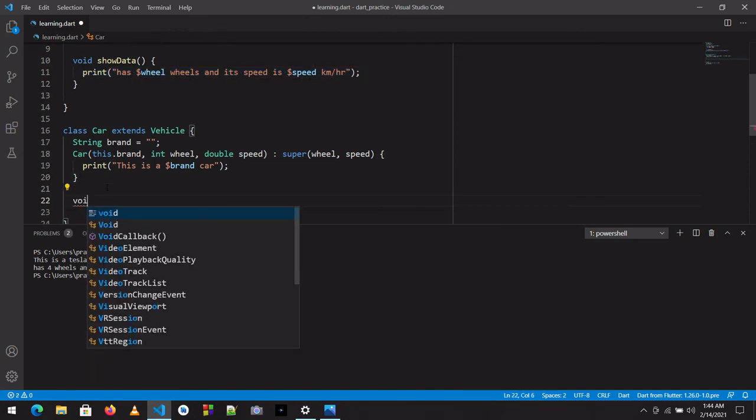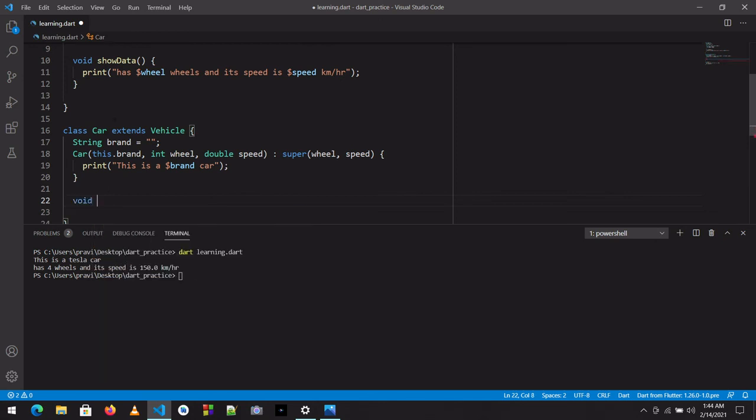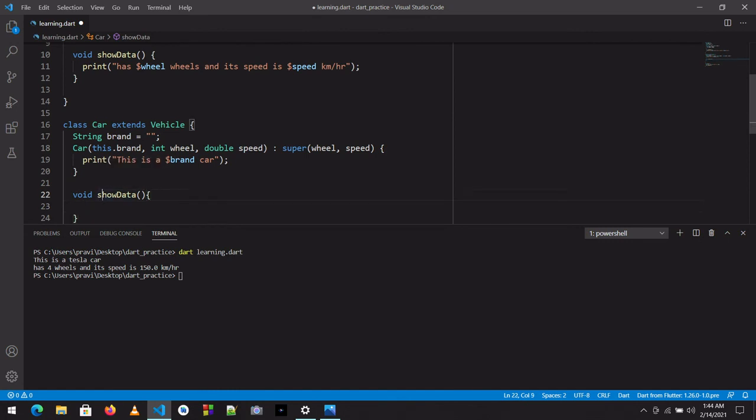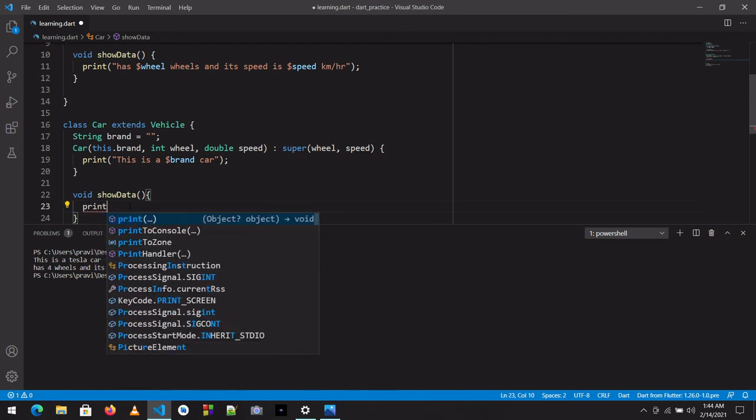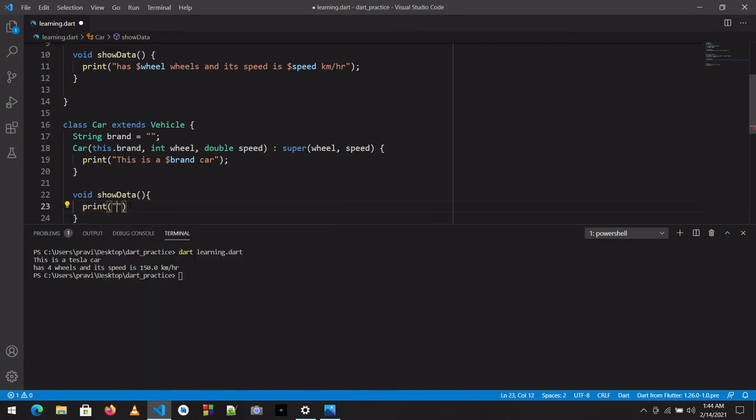For overriding a function, we just have to mention the same function name, that is void show data. So I just wrote the same function name, void show data, and I just have to print some different value.